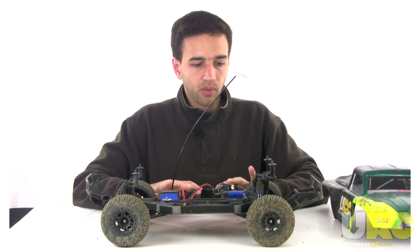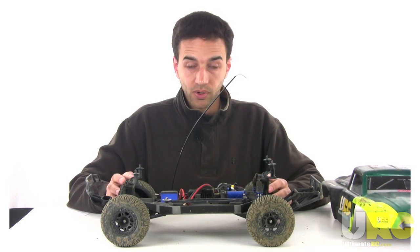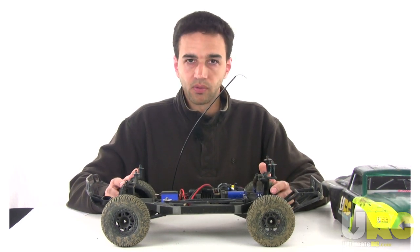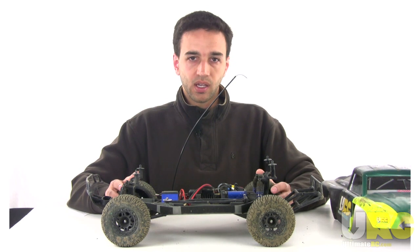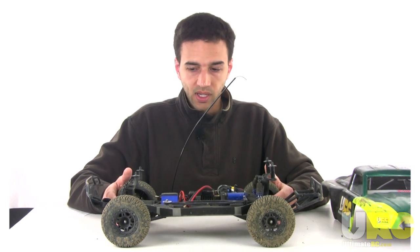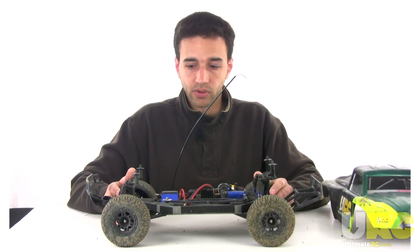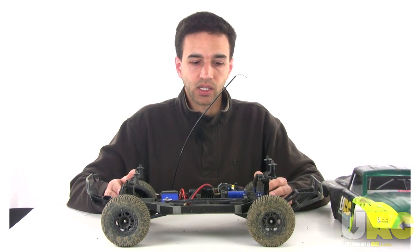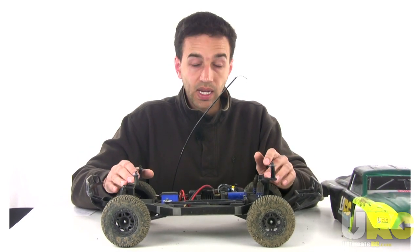Other than that, durability for the rest of the vehicle on the whole, I think, has been very good. I've seen some people both in person and in videos who have really thrashed this thing. I myself have gone through many cartwheels. I've taken it over some terrain that it was never meant to go on. I've run into things, and I have broken some things, but nothing that has broken on it, beyond those bent rear stub axles early on, was the fault of the truck. They were just the fault of circumstances or me making mistakes. So durability wise, I think that overall it's a good truck,